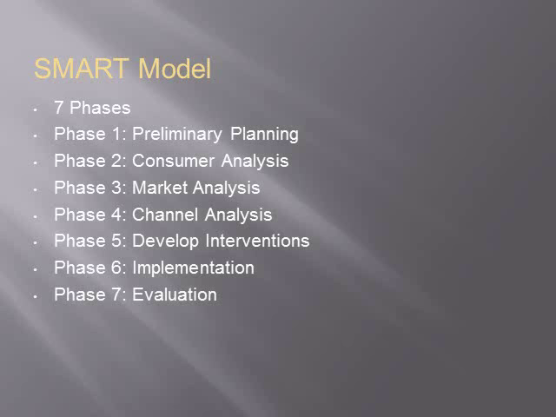Phase 6 involves implementing the programs while tracking how the program is communicated and distributed. Phase 7, and the final phase, is evaluation. The main objective of this final phase is to improve the program quality and the effectiveness in terms of affecting the priority population. The model differs from most through its second, third, and fourth phases, which focus on various forms